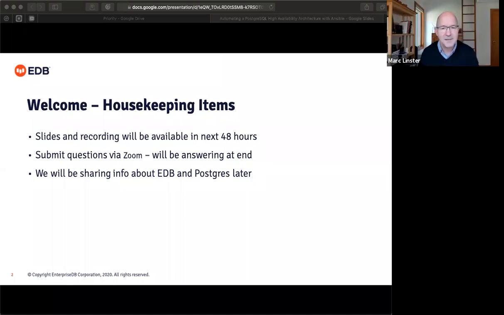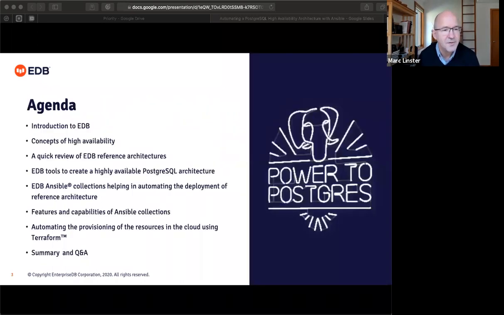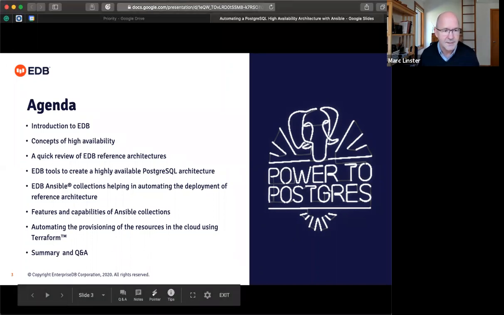All right, good. Hey, thank you, Molly. And let's move forward. So to the agenda today, we're going to spend a wee bit of time, I promise very, very brief, on an introduction to EDB. And then we'll start with concepts of high availability, because that's what our automation subject is going to focus on today. We don't want to just show you how to deploy Postgres. It's important, but it's not very hard. But here we want to talk about how you can use things like Ansible and Terraform to get a highly